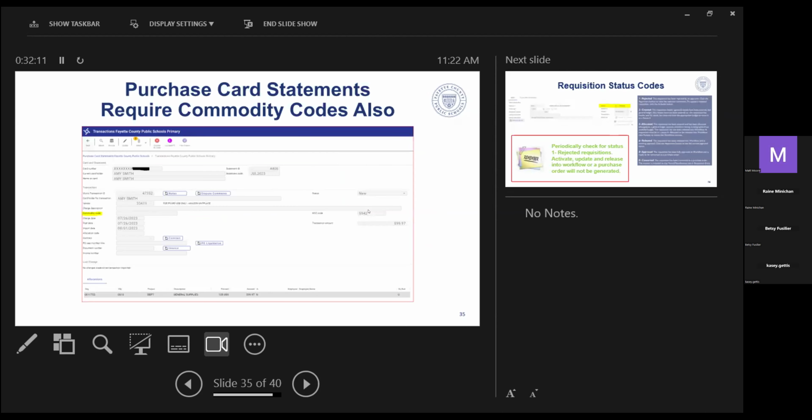For any kind of P card reconciliation that you're doing, if you've ordered technology items, those also require commodity codes. So just make sure that you're assigning commodity codes for that as well. All right, that mostly covers all the items that I'm looking for when I'm reviewing the